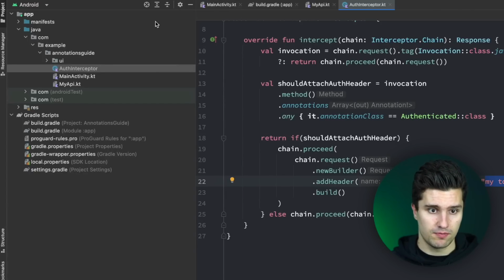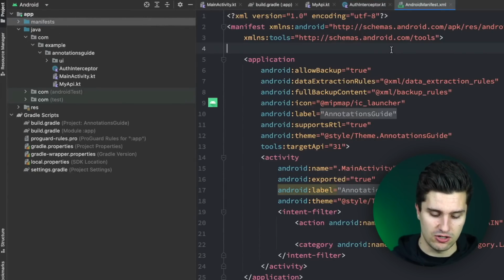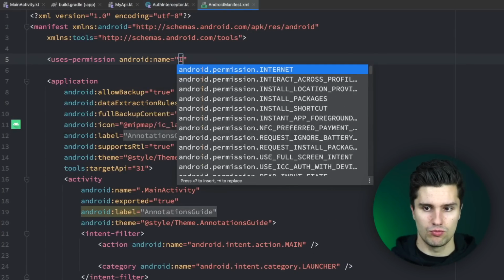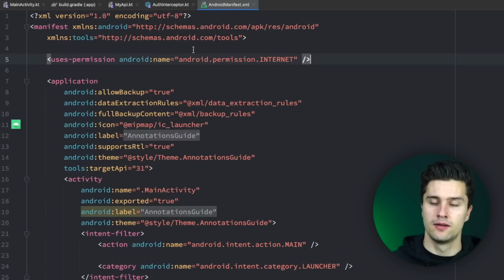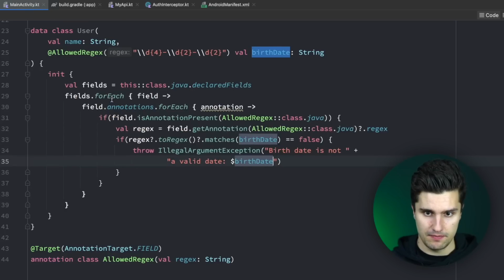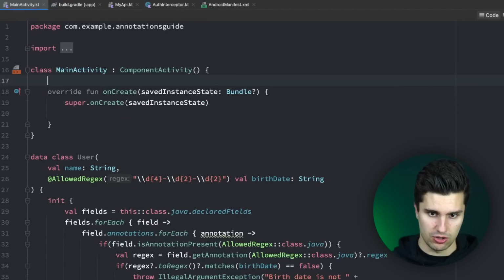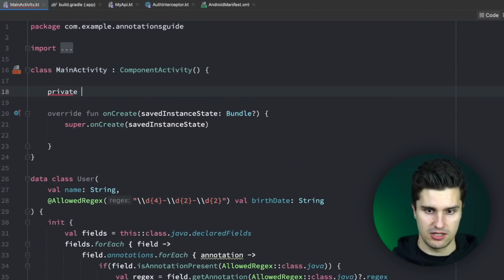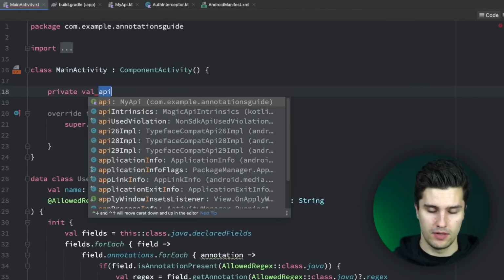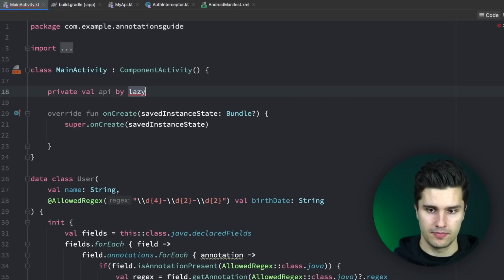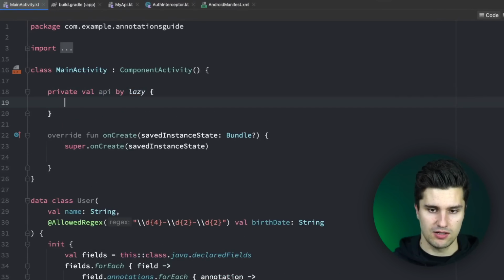So let's try this out. First of all, going to manifest and adding the internet permission, uses-permission, internet, and then going to main activity and scrolling up. Let's just initialize our API client here, private val api by lazy, like this. And here we can say